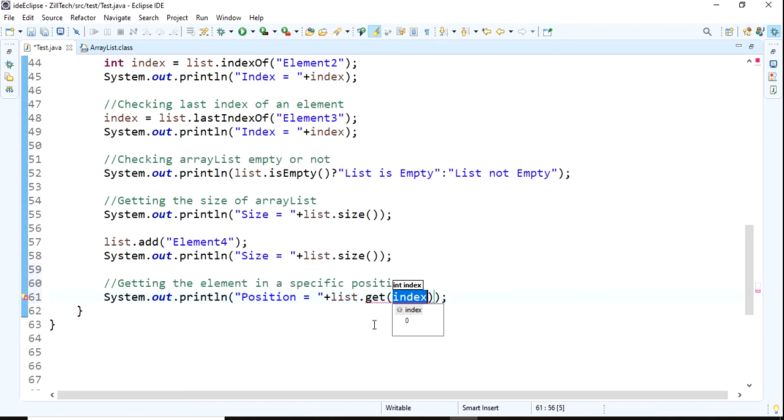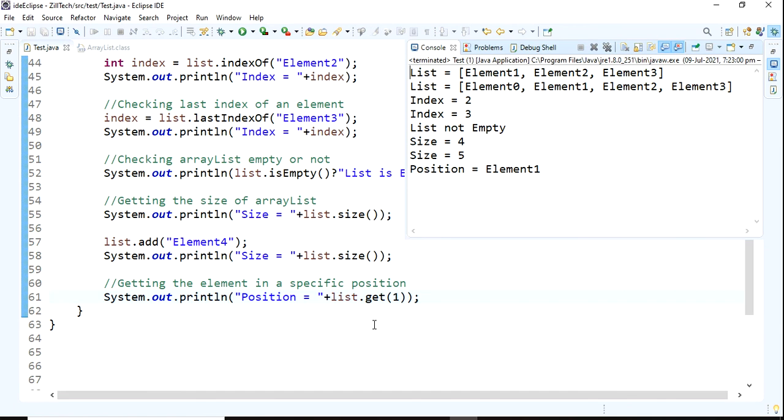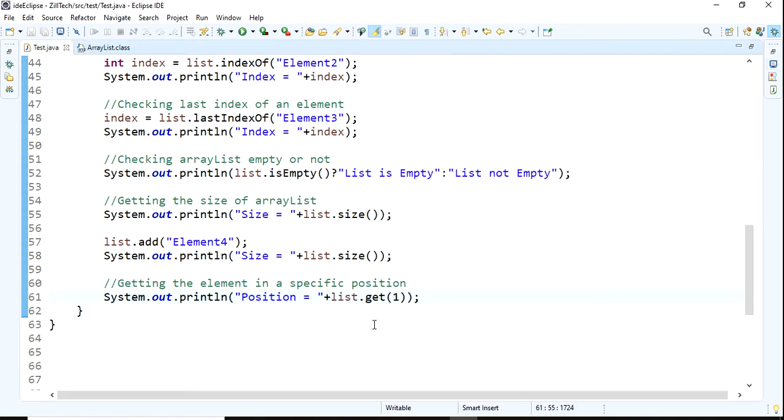If I give index 1, what element is there? The element is going to be printed, position element 1. This is about getting and setting. We have the method for setting the elements, along with retrieving.